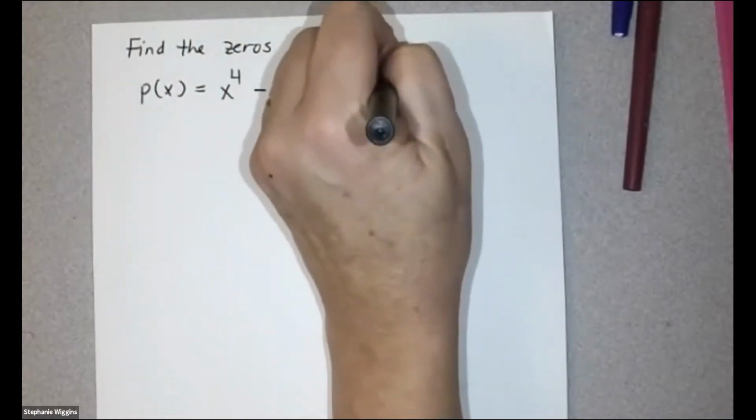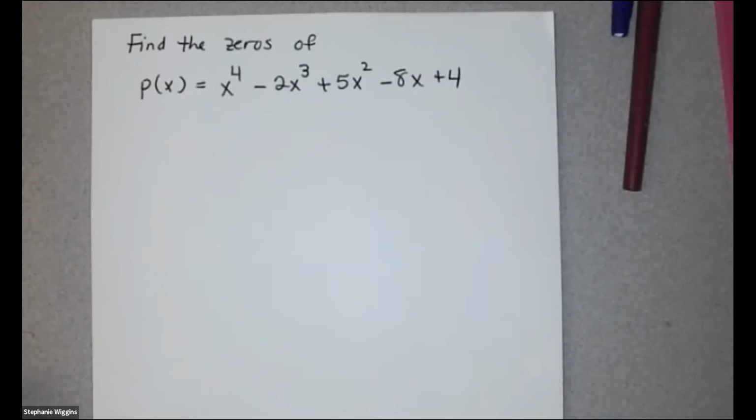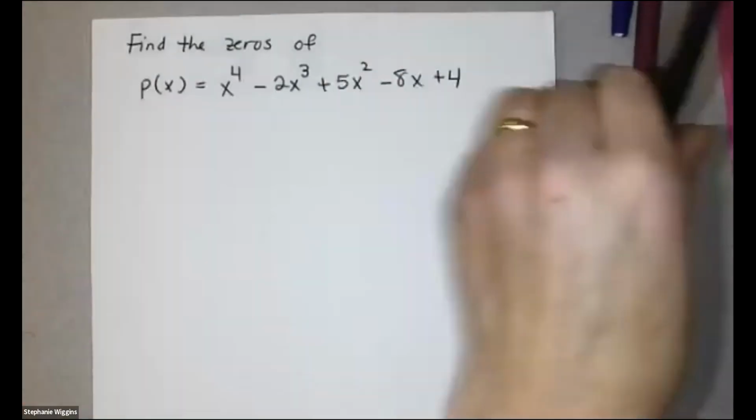squared minus 8x plus 4. Okay. So the rational zero test says that P over Q